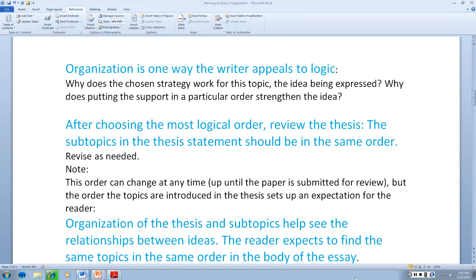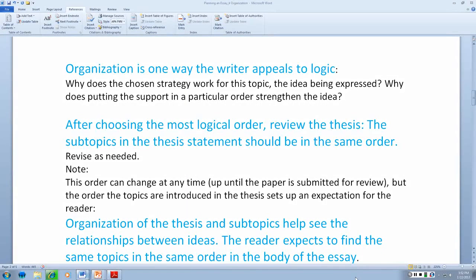The way we organize our paper is a decision that we make based on what we want to accomplish, back to our purpose. Organization is one way that the writer appeals to logic. We consider why the strategy works for a particular topic, the idea being expressed. Why does putting the support in a particular order strengthen the idea? After choosing a logical order, spatial, chronological,